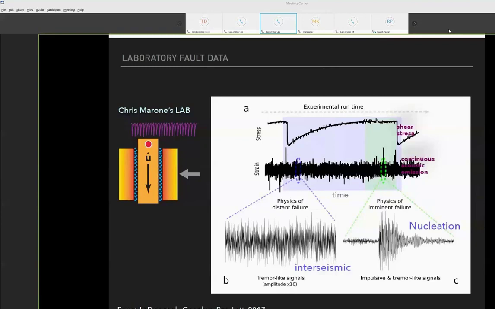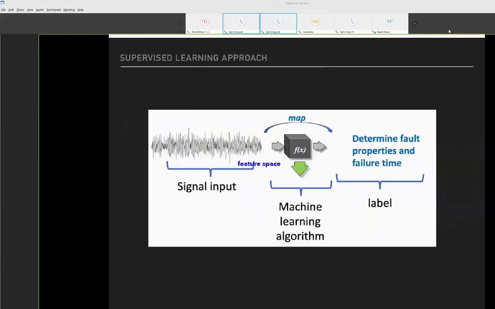So you're seeing two earthquakes here and a burst of acoustic emission associated with both. If you look early in time after a slip event, and that's the bottom left-hand signal, part B, it appears to be noise. There seems to be no signal of interest there. If you look close to failure, what you see are classical precursors to failure. So these are impulsive signals that precede failure. They're almost always, or perhaps always, seen in the laboratory, and often seen in Earth, but not always. So with that, let's move forward.